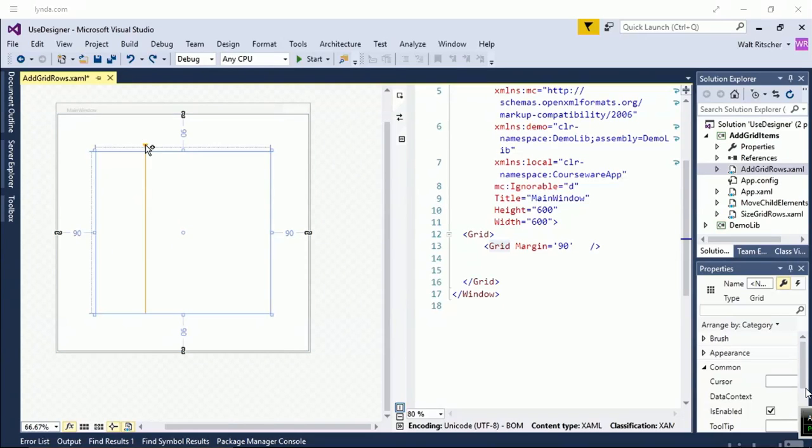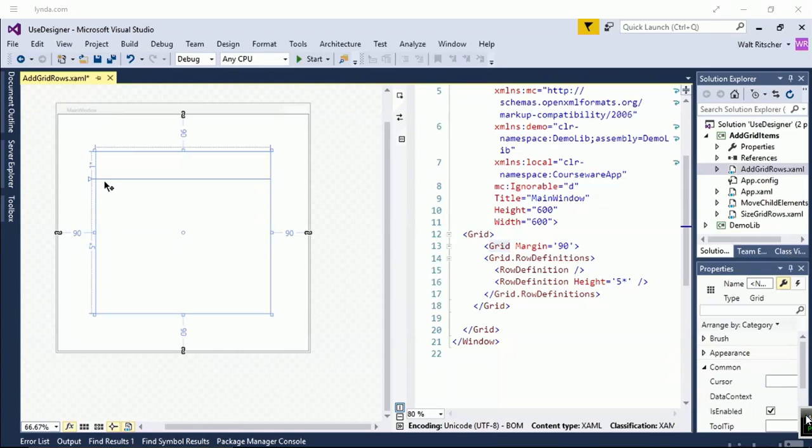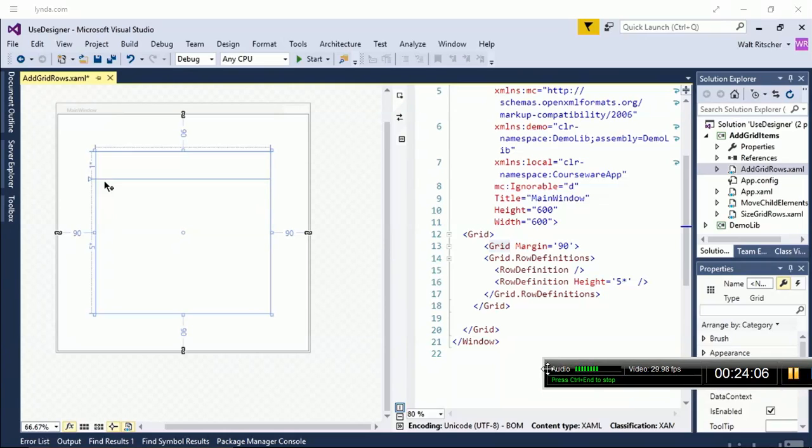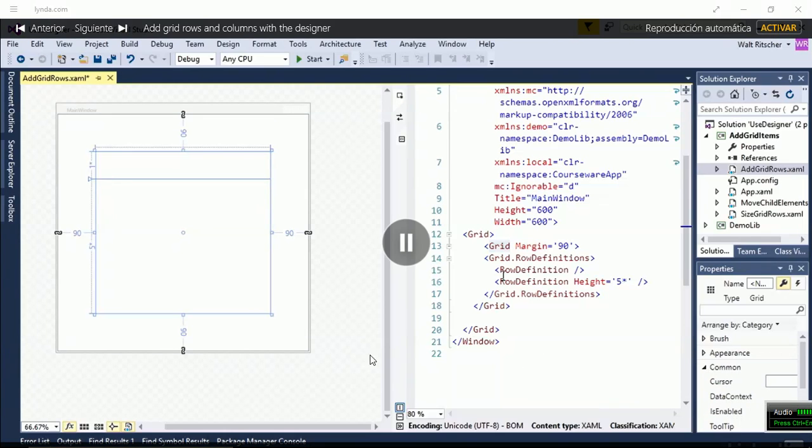Now you see that there's an orange triangle up here, and there's also a vertical orange line. When I move over to the left grid rail, I get another orange triangle. This time I get a horizontal line. And this is indicating the location of the new row. So I'll click here. And what you see is it goes from being orange to being blue. And also over here, I see that I've added